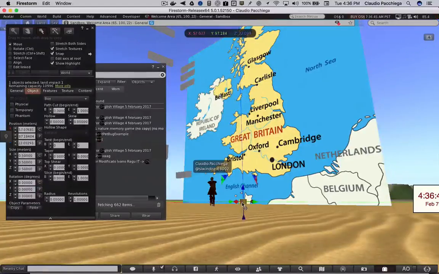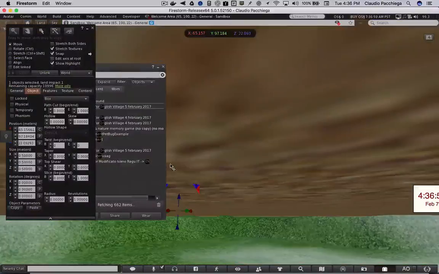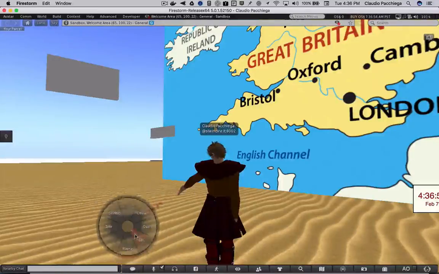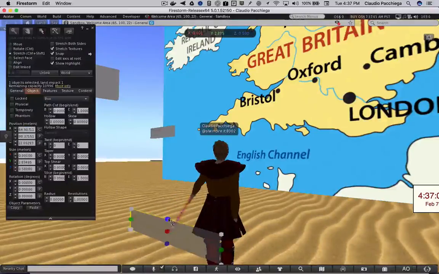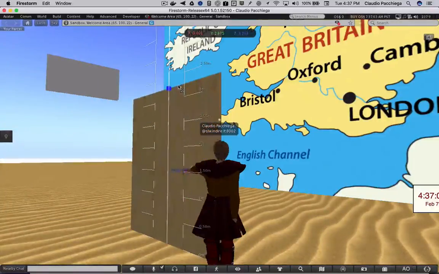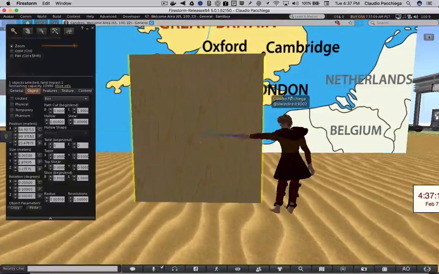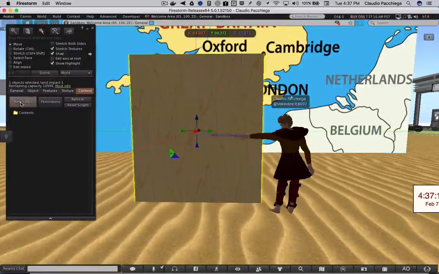Okay, so if we start from scratch, we need to do this. Squash, and then you have to make a board. This board, you go on the side where the arrow points. Okay, and this is the front side, and then you go on content and create a